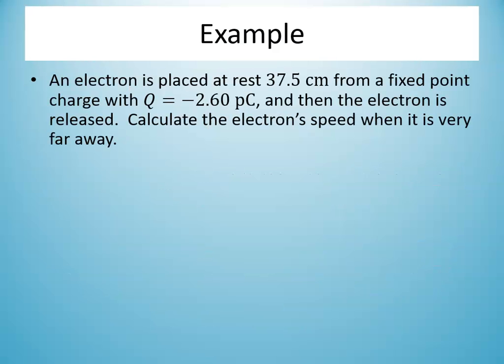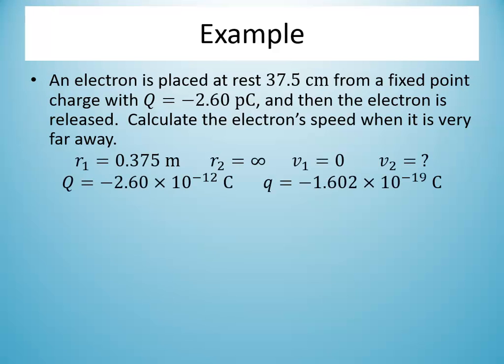What about a situation of an electron placed at rest, 37.5 centimeters from a fixed point charge of negative 2.6 picocoulombs? What's the electron speed when it's very far away? Well, this is one of those escape problems similar to the previous video where we were just talking about electric potential energy, but here we're going to solve the problem in terms of electric potential. So we have the point charge, which we're calling big Q, we have the electron, which we're calling little q,